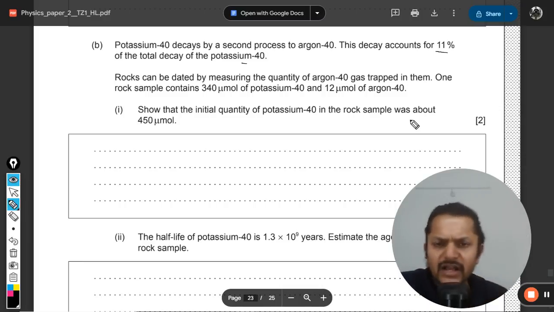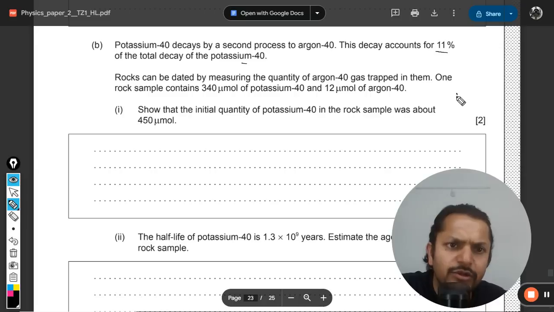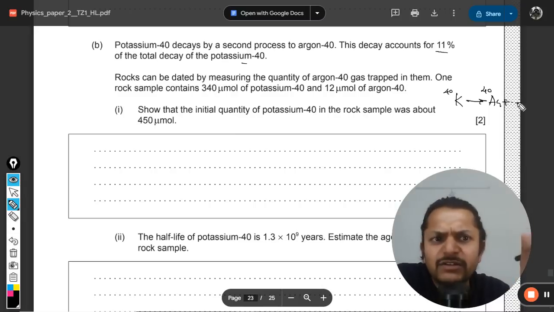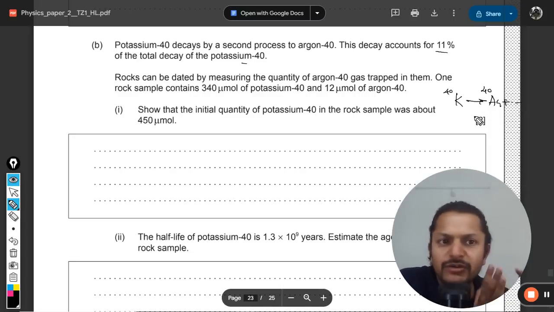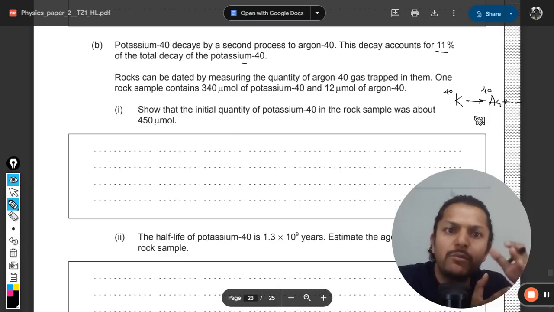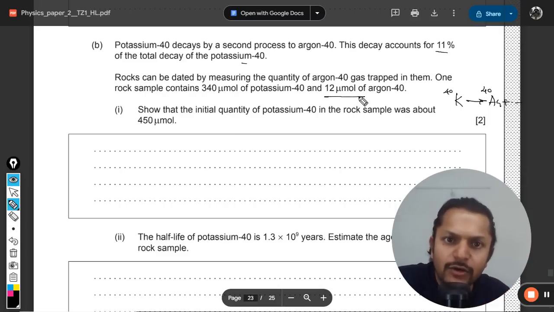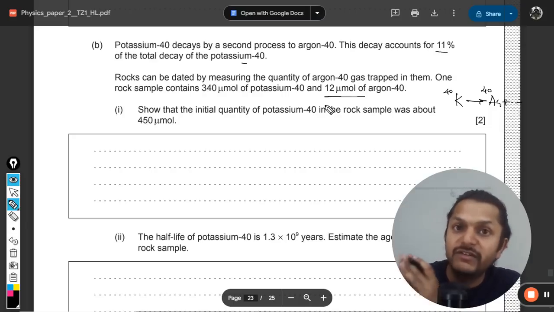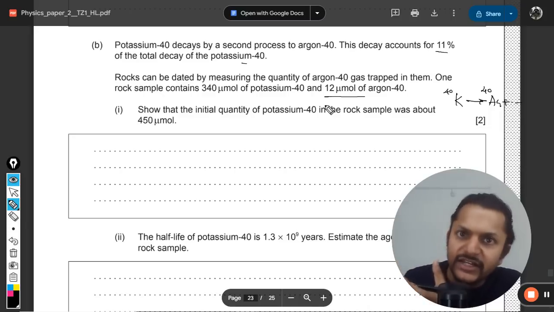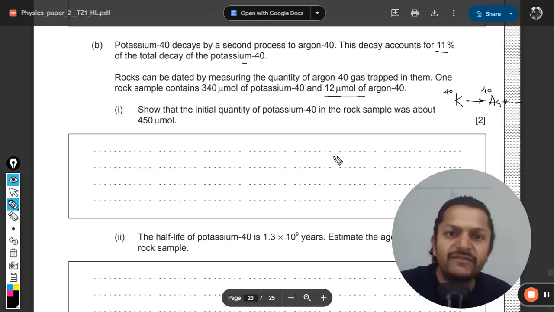Okay, so we can just assume that the potassium-40 is converted into argon-40 with some reaction that was taking place. We don't even care about that. One thing is clear, one atom of potassium is converted into one atom of argon. It means that the number of moles of argon, 12 micromole, should be the same as that of the potassium which underwent the disintegration. It means 12 micromole